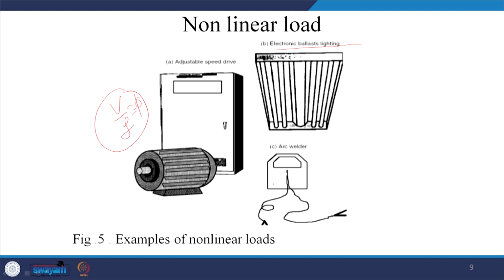This is also a nonlinear device. Once the arc comes and goes, there is a peaky notch like this, and thereafter a very small amount of current will flow, and all of a sudden there will be a notch. This will be the current profile for this. Similarly, an arc welder: once it is short circuited, then only the arc will be there, and once the arc is there you are trying to use the arc. So, this will have this kind of peaky nature, with sudden jumps in the current. These are a few applications where we frequently use nonlinear loads, and thus they deteriorate the power quality.